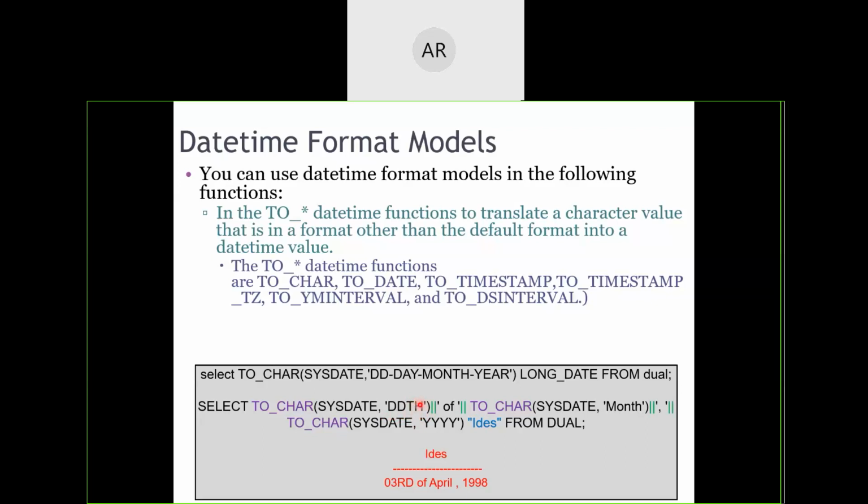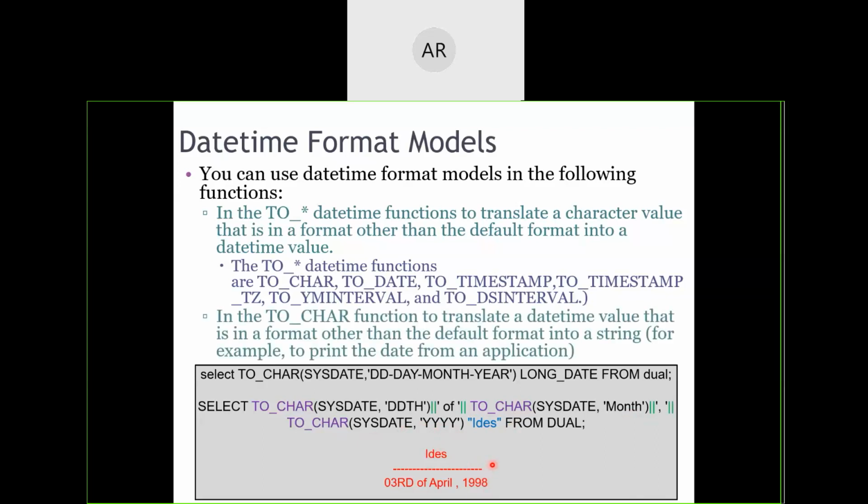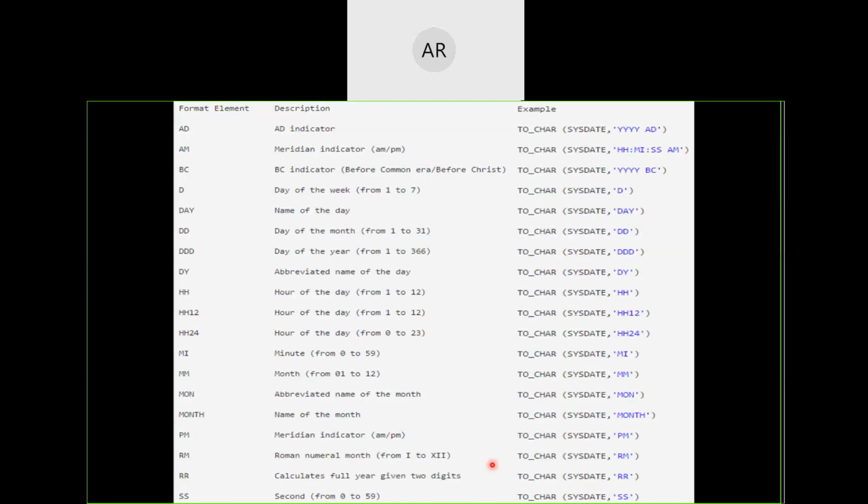And we need the month to be mentioned by name, not 02 for February. Along with that, I want the year in 4 digits. Otherwise, you can mention 2 Ys, which will just show 21. So that's a simple thing, not very big.